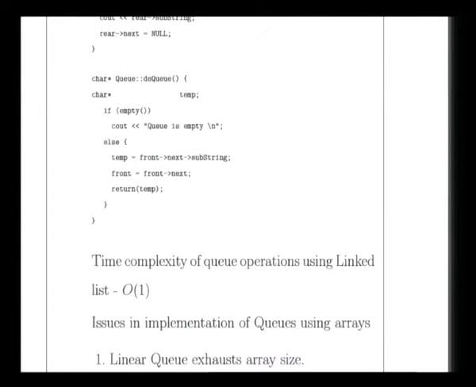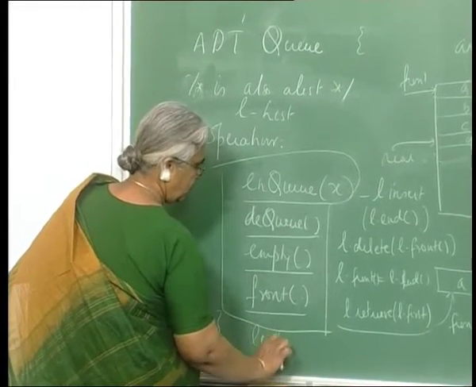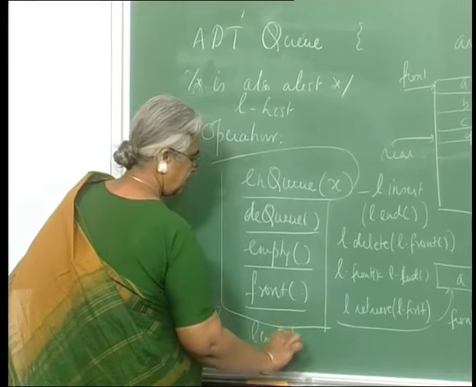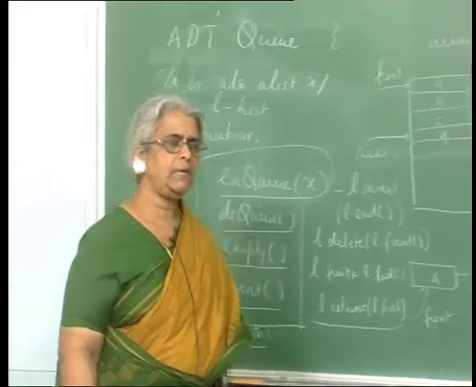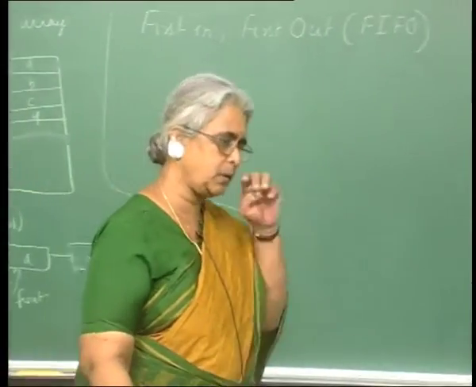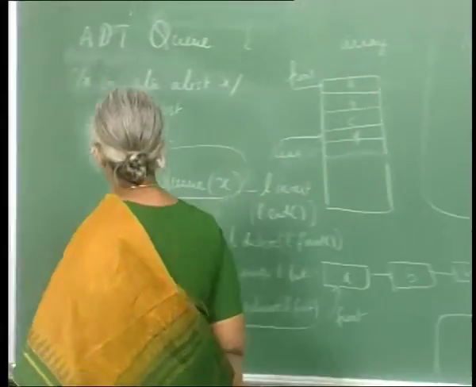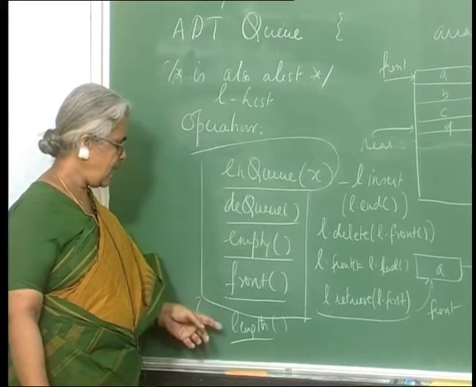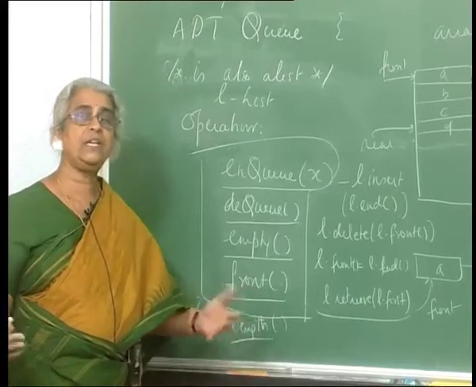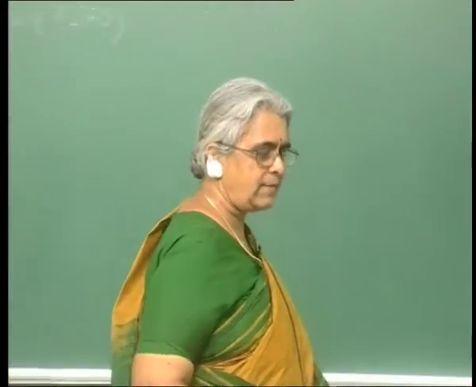Now, additionally, there is also another operation that you would sometimes like to perform, which is called the queue length, which will return a value which tells you how long the queue is. Some ADT implementations of the queue also have queue length. What is the advantage of this? For example, if I am at a grocery store like Food World or something like that, I may decide, looking at the length of the queue, whether I want to increase the number of counters. So, it is a big advantage to do something like this too. So, you can also have an extra